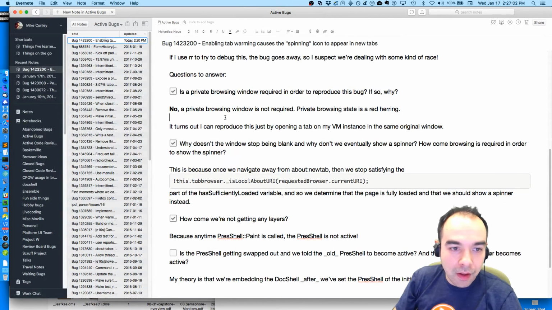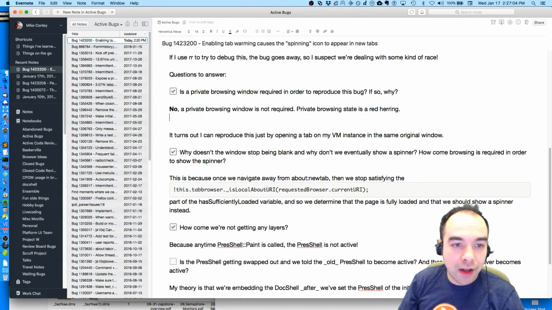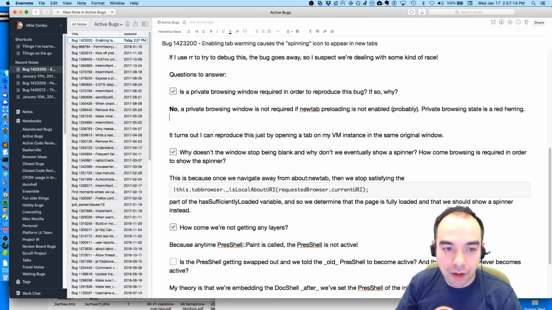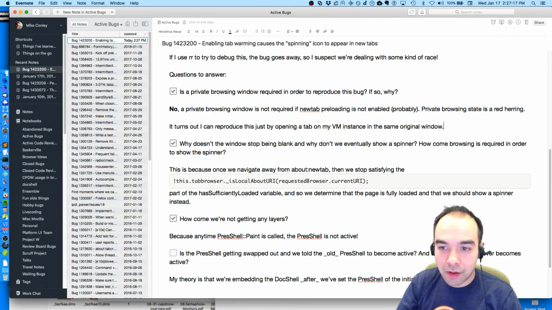No, a private browsing window is not required if new tab preloading is not enabled, probably. With new tab preloading disabled.